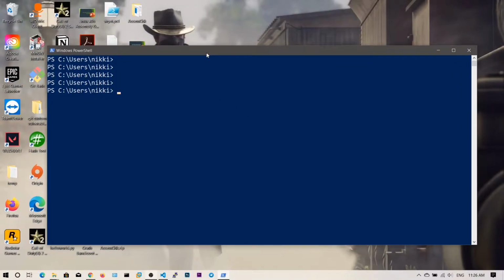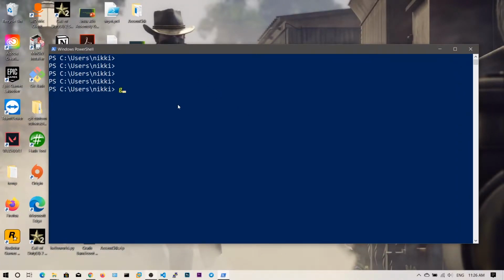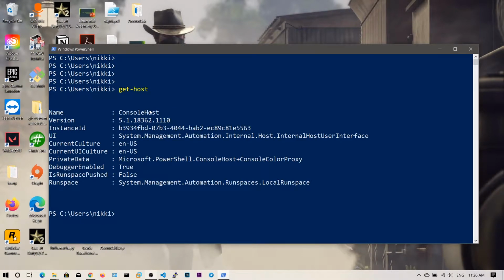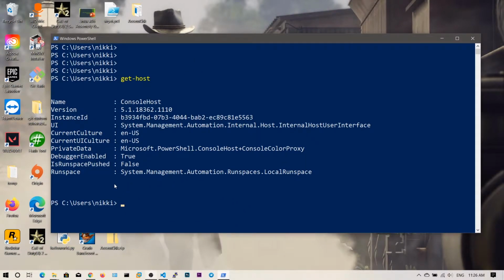So guys, in this video we are going to see the formatting. First, let's type this command: Get-Host. So we have this list column. You can see the list here, it's not like the columns we have seen in the previous command. It's like a list. This is called a list view. You can have it in a line-wise order.